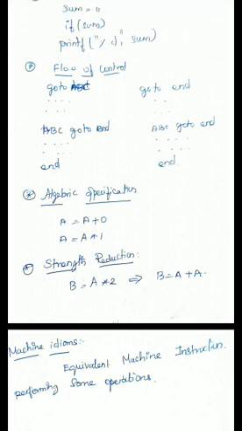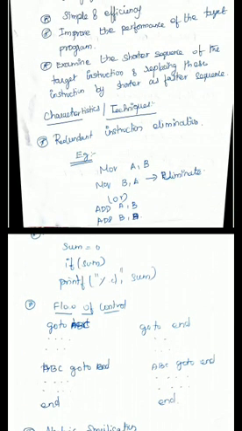The first one is redundant instruction elimination, and the next one is eliminating unreachable instructions. The next is eliminating unnecessary jumps from the loop, and then algebraic simplification, where these types of instructions are eliminated by peephole optimization. The fourth one is strength reduction, and the fifth one is machine idioms. So these are the techniques that come under peephole optimization. That's all about peephole optimization.